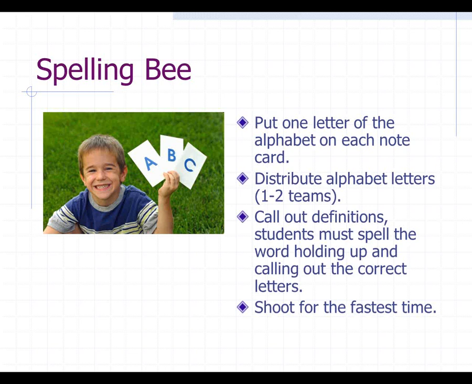But if you have a small class, you can play this game with the whole class a few days in a row and have the kids race against themselves instead of competing with each other. So if you have a larger class, you divide the class in half and give each side of the room a full alphabet with, like I said, each kid having 1 to 3 cards. So, maybe if you have E, you don't need any other letters, but if you have Q, Z, and P, you probably need all of those in order for it to be interesting or something like that.